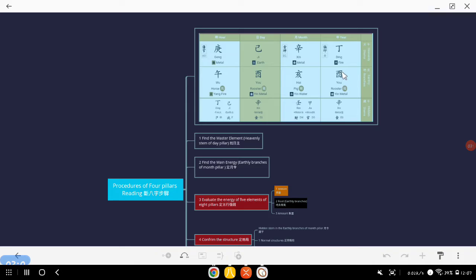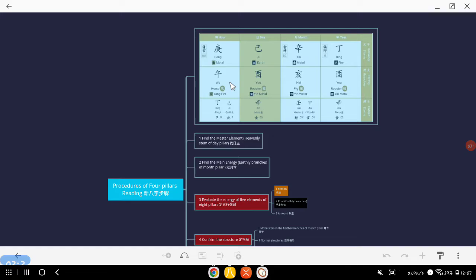And because water counters fire, the fire element will get the minimum energy here. And of course the earth, because the earth and the fire got the same seasonal energy,